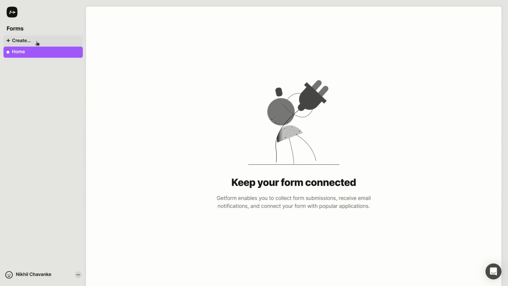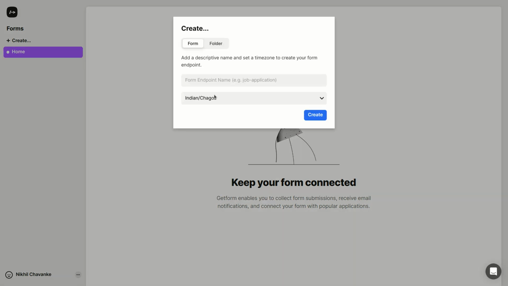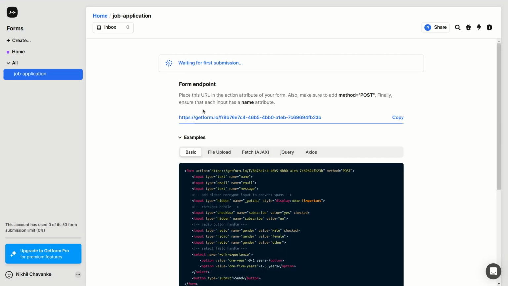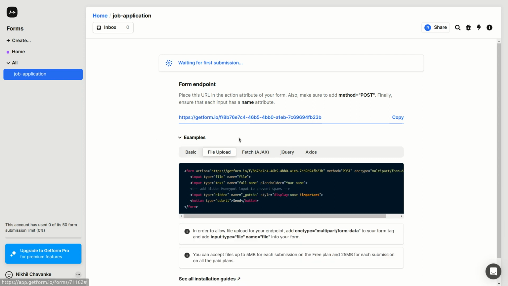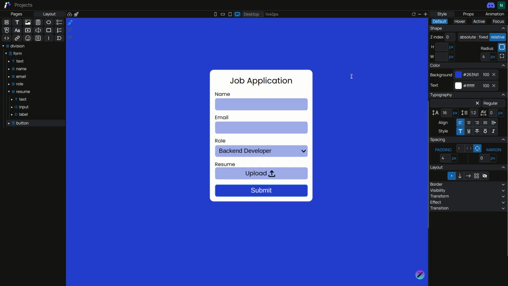And let's create a new endpoint, name it as job application, create. So it has created a new endpoint. So we need file upload functionality, right? We need a resume file to get uploaded. So we go to file upload, select, copy the action, go to our editor and go to the form,